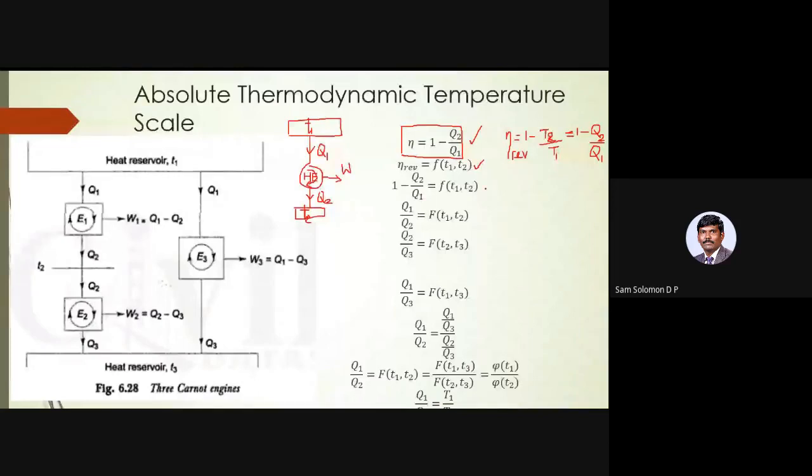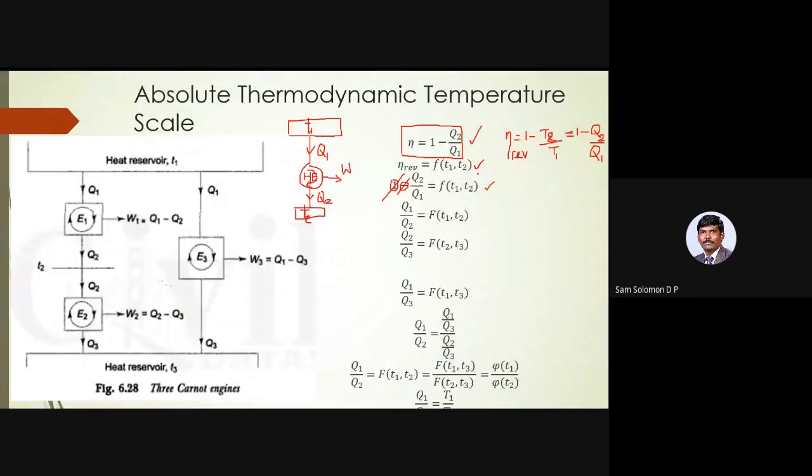I have a 1 here and there is a minus sign preceding it, and it is convenient for me to write it as Q1 by Q2. So I am removing this 1, removing this minus, and inverting this, which means an equivalent thing should be done here. If this 1 is removed here, that 1 should be brought here, which will become minus 1. So if I am removing this minus, then this will become 1 minus f of T1, T2. And if I invert it, Q1 by Q2 will be 1 by (1 minus f of T1, T2).